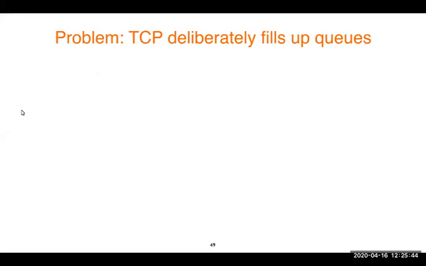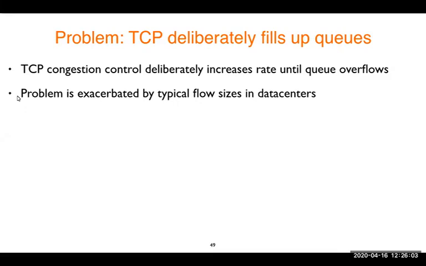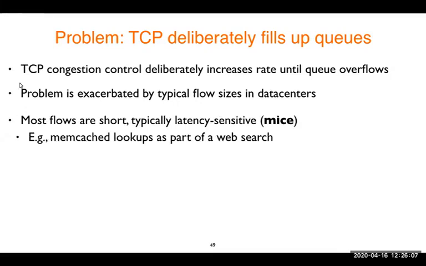So the problem is that if queuing delay dominates the end-to-end packet delay, TCP is really not your friend if you're trying to lower queuing delay. It's actually designed to fill queues: we keep increasing the rate until the queue overflows. And this problem is made worse by the typical flows you see in data centers. Traffic measurements show that most flows are short and latency sensitive, something like a request-response for a memcached lookup. But there are also a number of